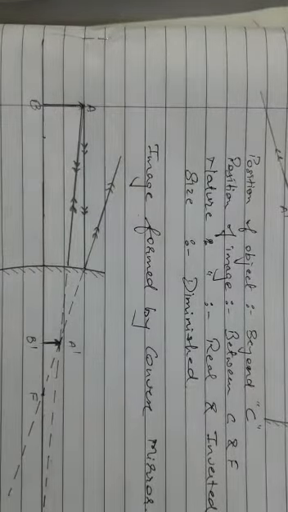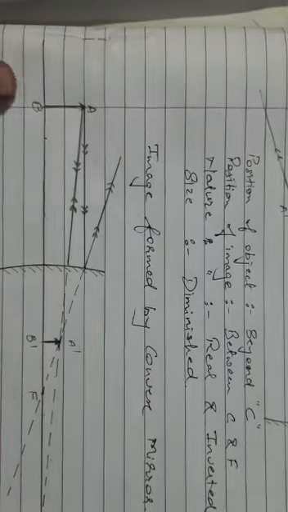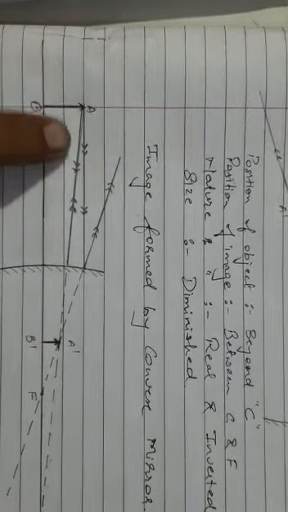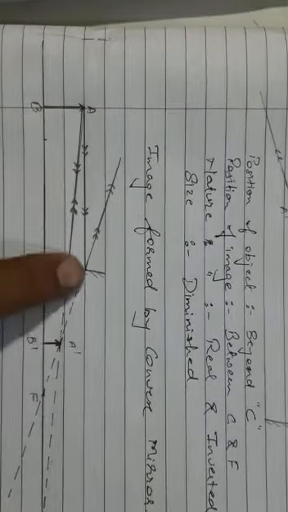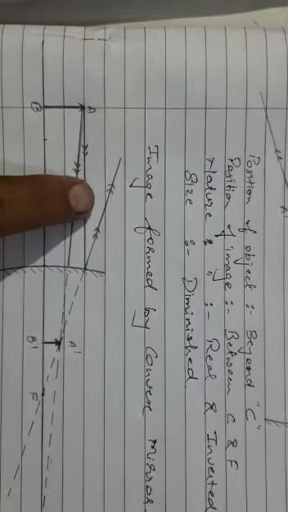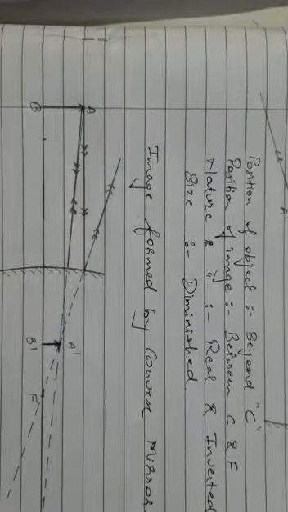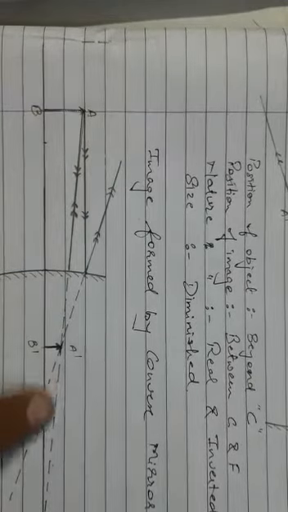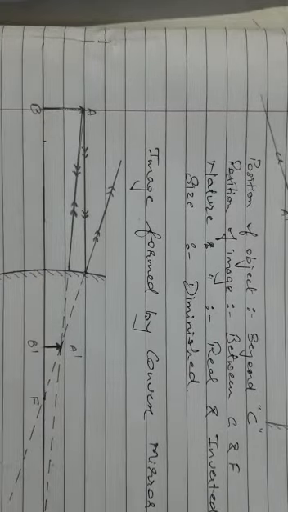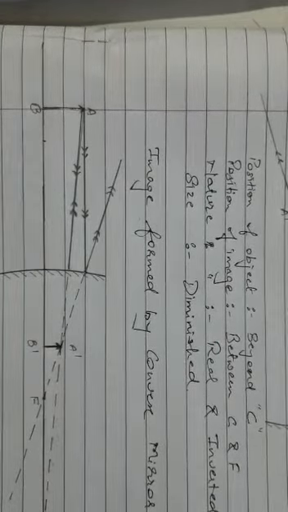Draw an arc which is going to be the mirror. Place an object on the other side of it, which should be in front of the mirror. One ray should always go in a straight line, and the diverging or converging ray should pass through the focus. After passing through the focus, the back side line should be drawn in dashes, and another ray passing at the center of curvature should be drawn, but the back side of the mirror should be in dashes. So this kind of an image is formed.